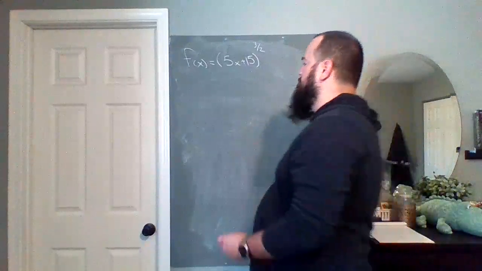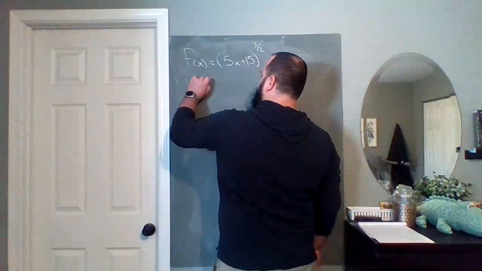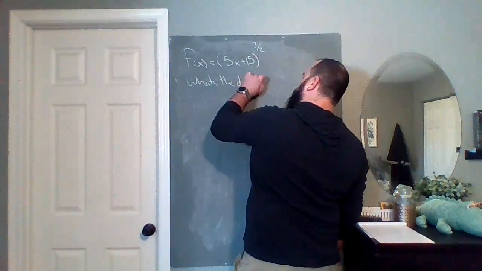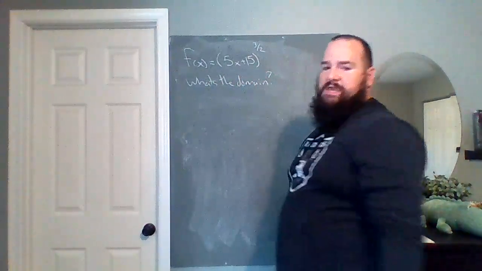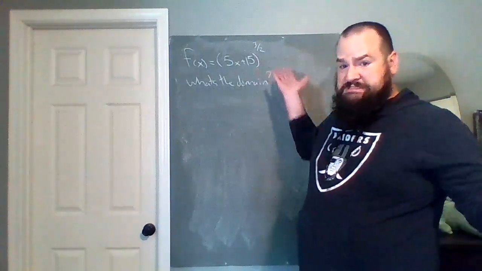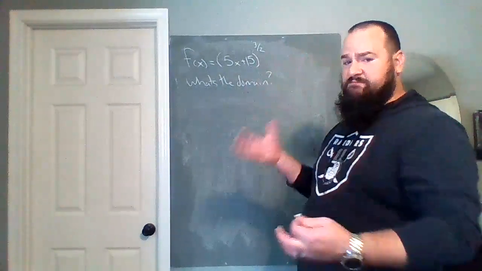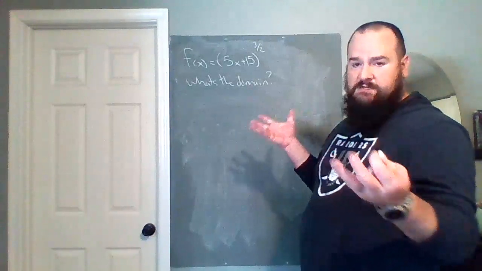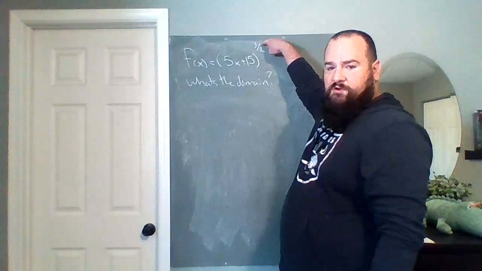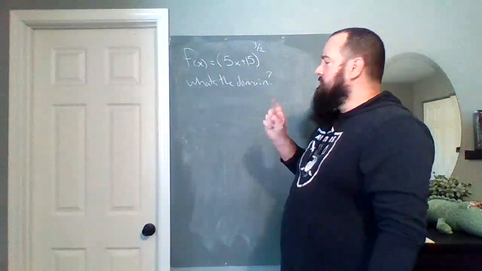Okay, and I may say, what's the domain? Looking at this, I'm like, there's a lot going on here. I've got exponents, I've got a linear function thing. I don't know. So if we change this from exponential form into a radical form,